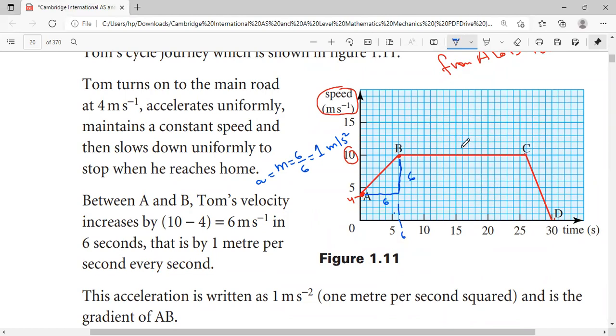Sir, it's moving but not accelerating. Yes. In a speed time graph, Dhyan, this one is not a stationary condition. If it is a straight line, it is moving with constant speed or constant velocity. Or you can say no acceleration. What was the speed at point B? When the object was at point B, what was